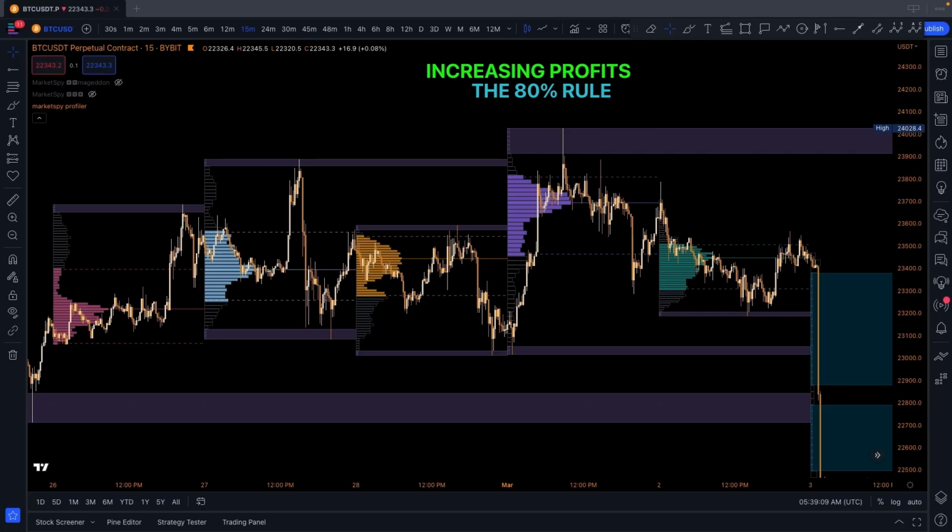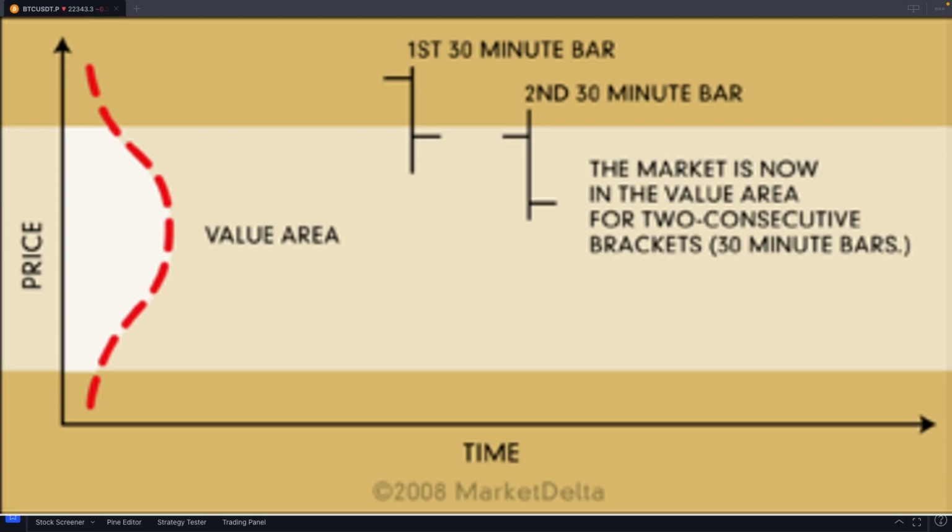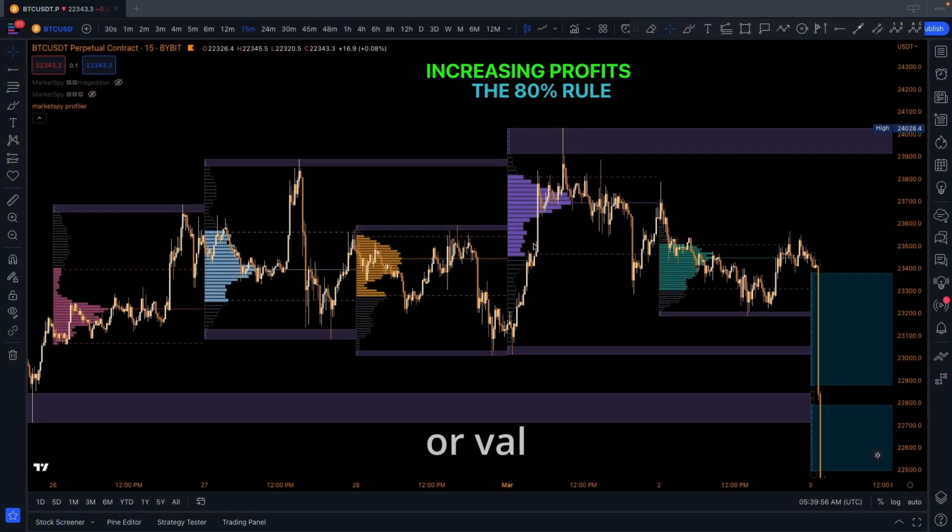So the 80% rule is a simple, keyword simple, yet super powerful value area trading strategy. The 80% rule states that there's an 80% chance when the market opens above or below the value area and then trades inside that value area for two 30-minute candles, then the market has an 80% chance of running to the VAH. Now that you have a rough idea of what it is, let me show you some examples to drill